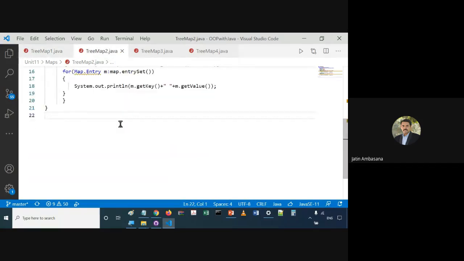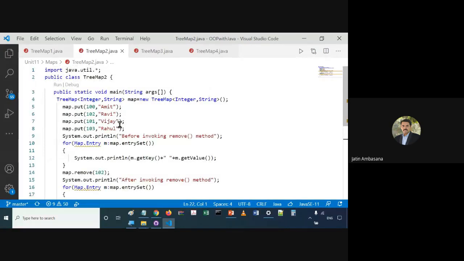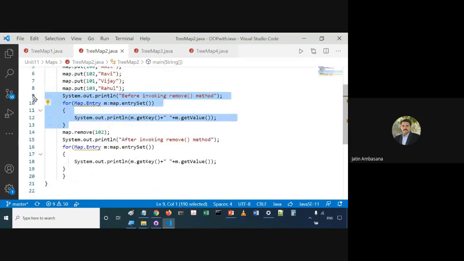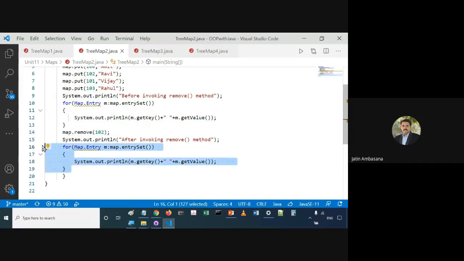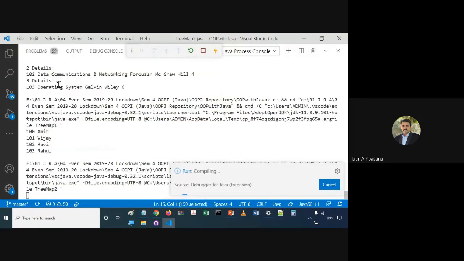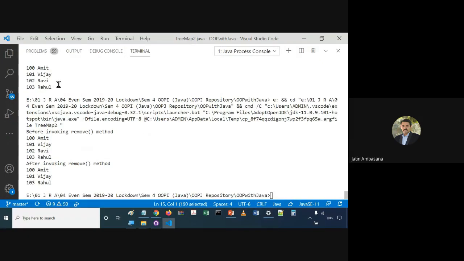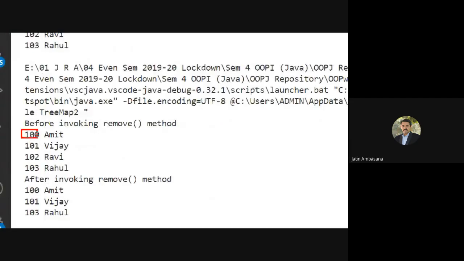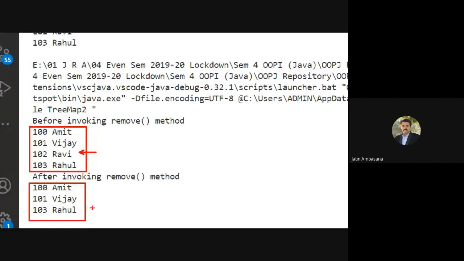Then we use this TreeMap, and then we use this another TreeMap. In this example, see what we have: here we will remove some entries. Here we have 4 entries. Display those, and we use this remove method. Okay. And display the entry set again. Check this out. We have these 4 entries, and then we use remove on Ravi, and then we display it out.